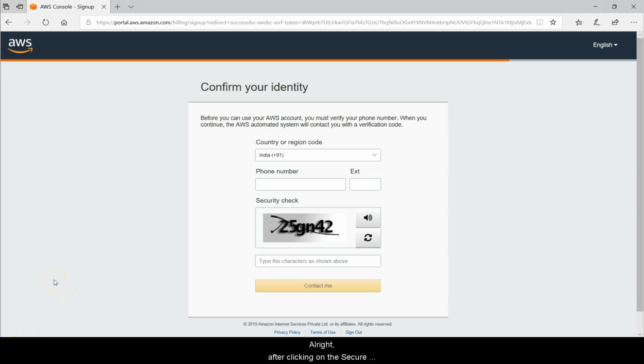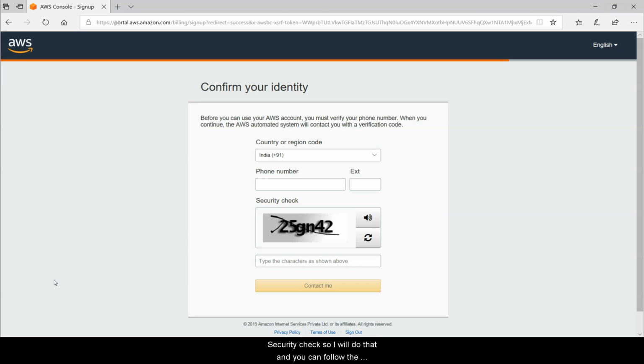Alright, after clicking on the secure submit, I was taken to a bank authentication page where I had to verify my bank information through an OTP, and I have given that information, and after that it has taken me to this page where I have to confirm my identity by filling in my phone number and getting this security check done.